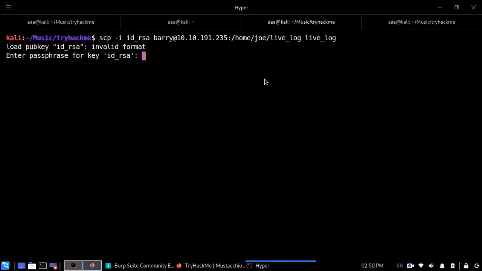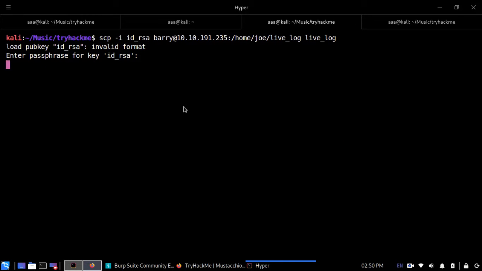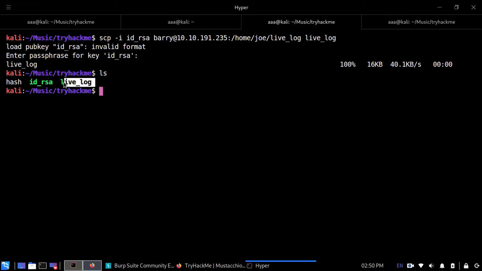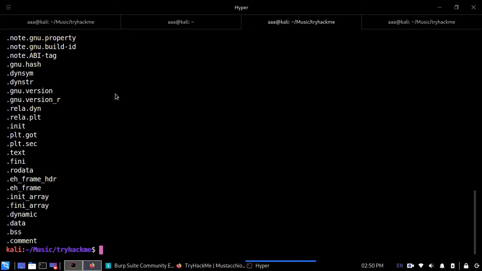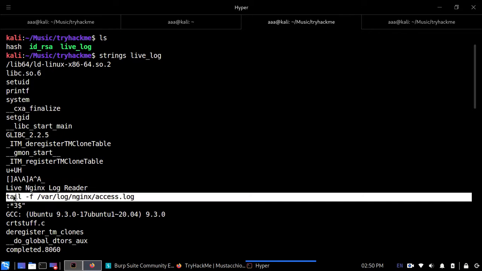It will ask me again for the passphrase, which we actually have. So here it is, and yep, the data transfer is now complete, and we have this live_log with us. So live_log is the executable file which we now have. Now let's observe what it is. Now I can run the strings command on live_log, and I can figure out that this thing is a function which has a command doing this function,